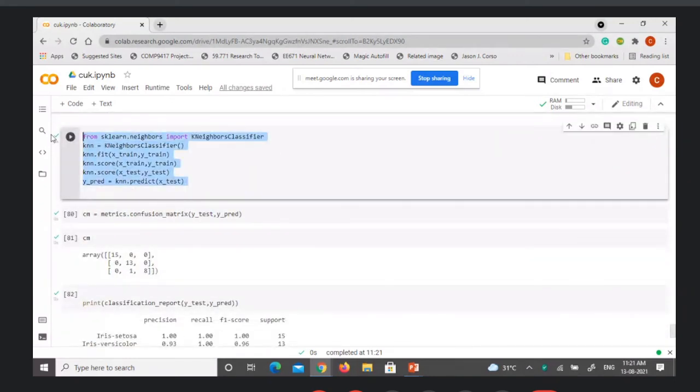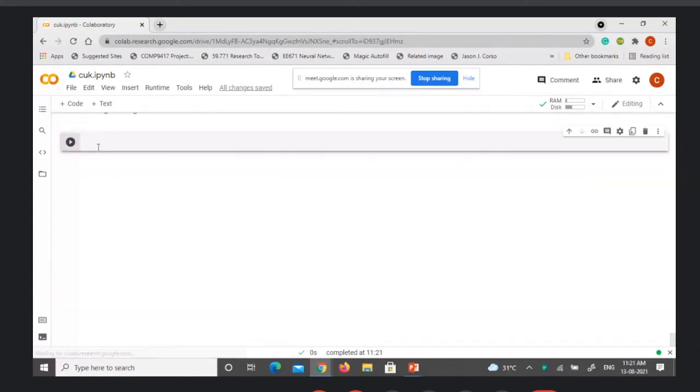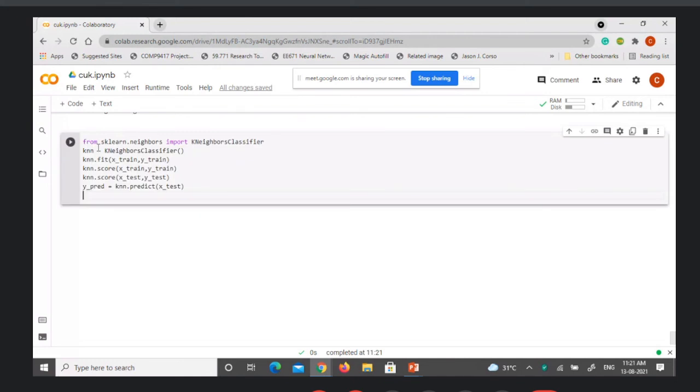And now you can check for any other classifier, let us use LDA, linear discriminant analysis.